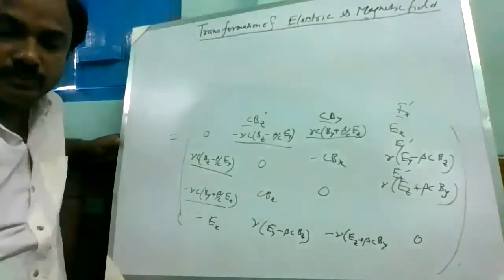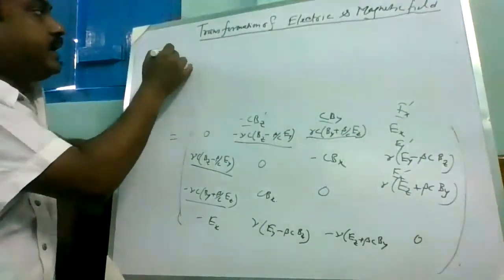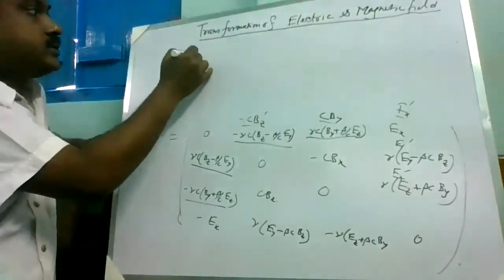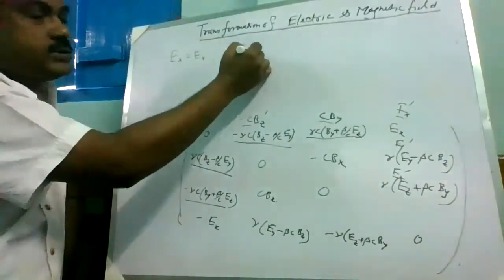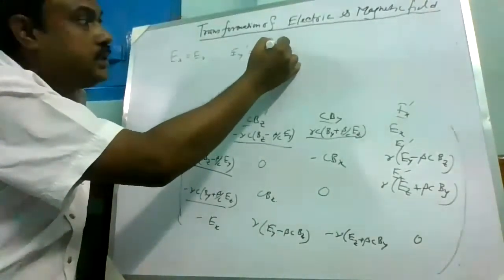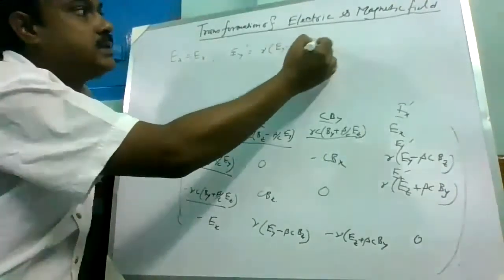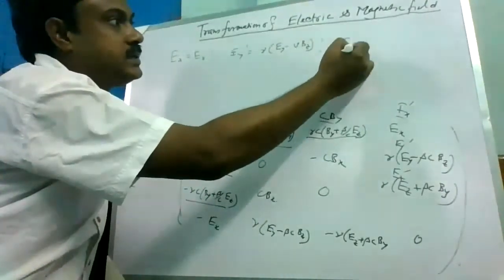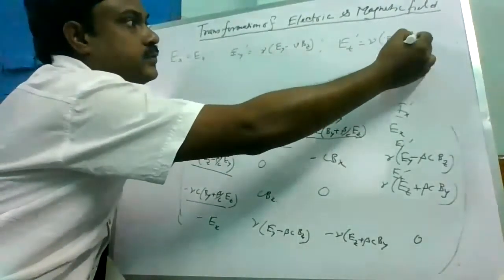So the transformed quantities will be ex dash equals dx, ey dash equals gamma ey minus d dz, ez dash equals gamma ez plus dby,